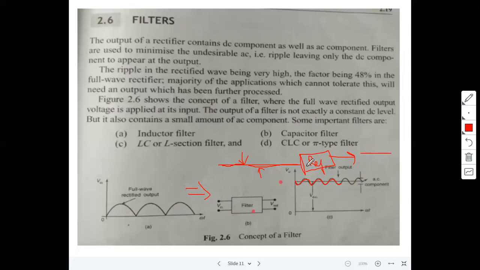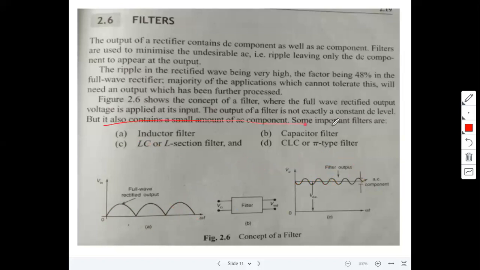Okay, these two are the remaining blocks in the power supply block diagram, the filter circuits. Why are we using filters? The full wave rectifier output contains AC components also, right? Observe here, this signal contains AC components. It is not a pure DC. Then how to convert this signal into an approximately equivalent DC signal is using filters, right?